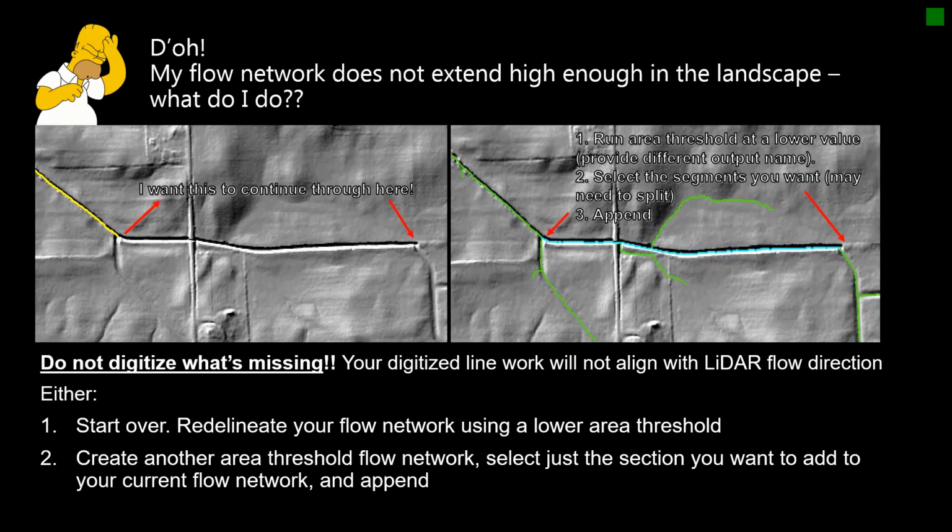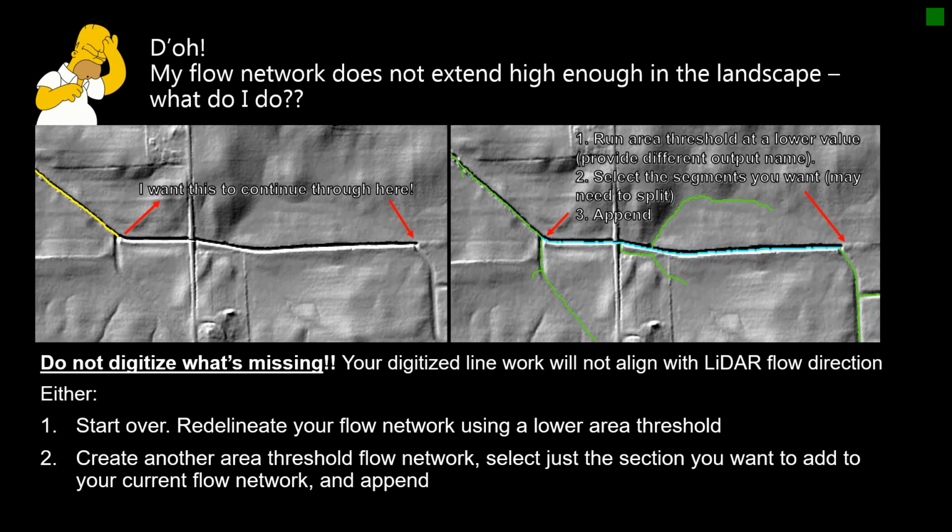So as I mentioned earlier, I chose to use my area flow network because I saw that it extended past my Puker-Douglas network. But there's still a chance that there may be places in the watershed that even your area flow network just doesn't extend high enough up in the watershed. What do you do in this case? Well, you basically have 2 options. You can either start over and redelineate your flow network using a lower area threshold, but if you rerun that tool, that means that everything that you've originally changed to a 1 is going to go back to being a 0. So we don't really want to do that.